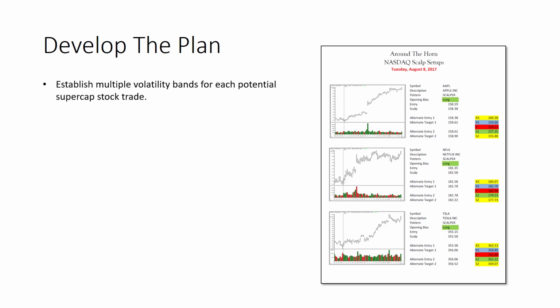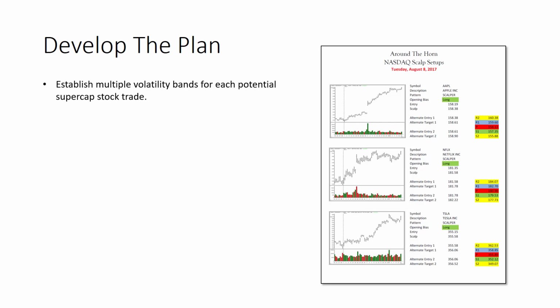So for me, I don't only look at these as opening trades. I used to, or when we're doing first hour trades, I'm definitely only looking at them at the opening bell, but these will work out over the course of the day. You've got, once again, multiple opportunities on this trading plan. In this case, we've got Apple, Netflix, and Tesla. Tesla is sort of a special situation. Look at that price tag on it, $355.